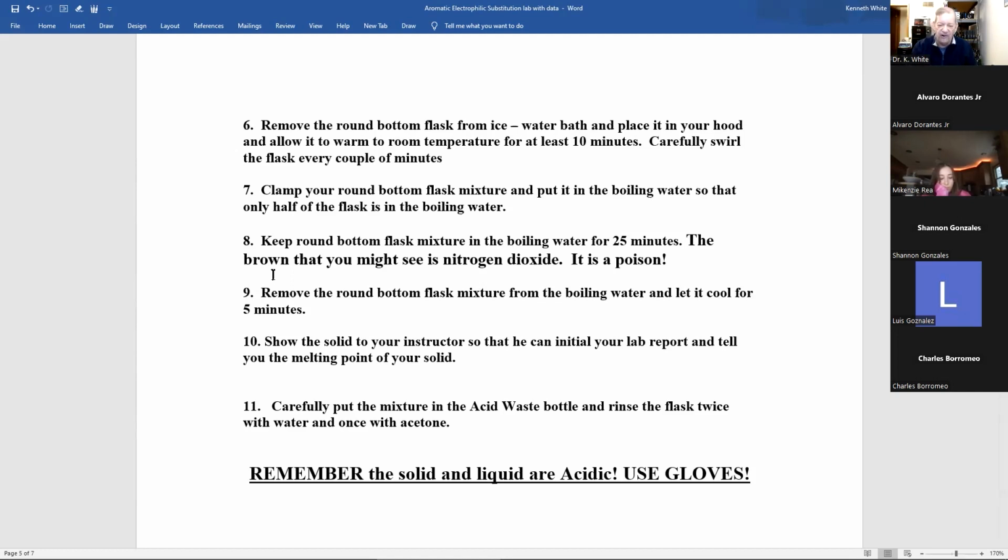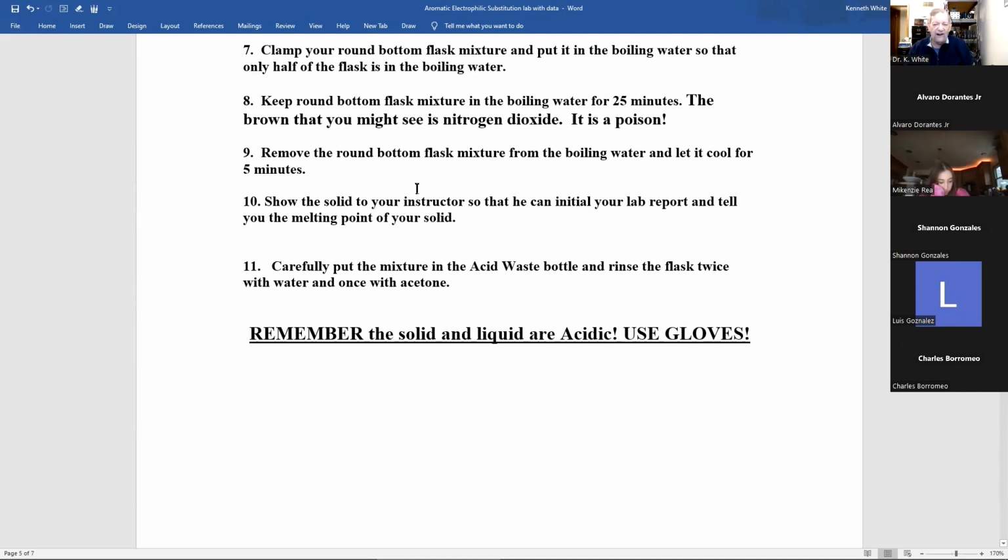Now, we're in a fume hood that traps anything coming out of there, pulls it up by a fan that pulls a slight vacuum, and sends it out the roof of the building we're in, and that gets diluted by the wind. Now, the nitrogen dioxide, that brown smoke, is a poison. And I tell students and warn them, because otherwise they get very scared. And you'll boil it for a while, 25 minutes, take it out, let it cool, and then you'll show me